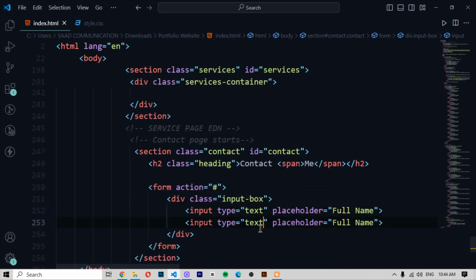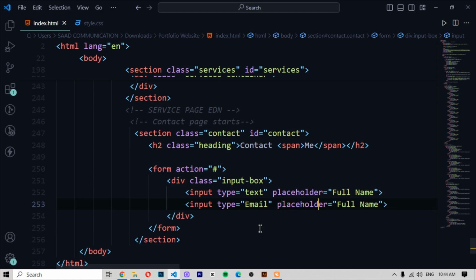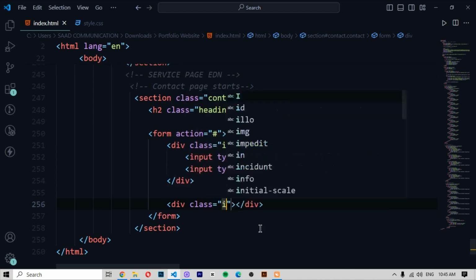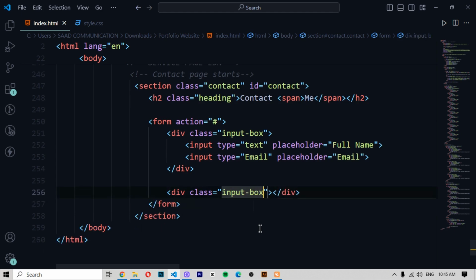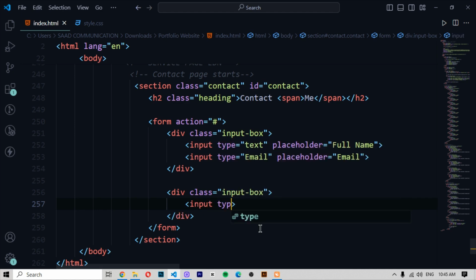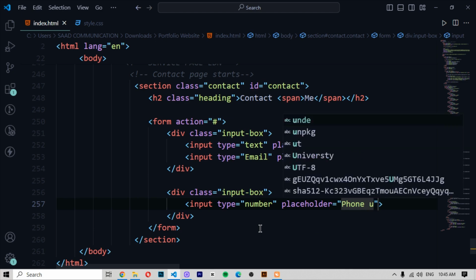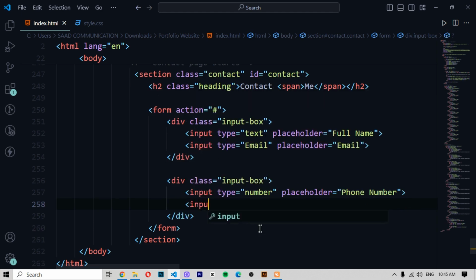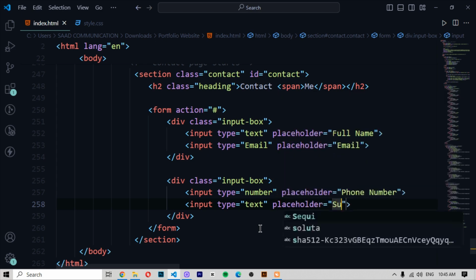Copy paste, and here we write email, and then erase this placeholder and write email, and then write div again, then class input box, and then input type should be number, placeholder should be phone number, and then one more time input type text, placeholder should be subject. Okay,